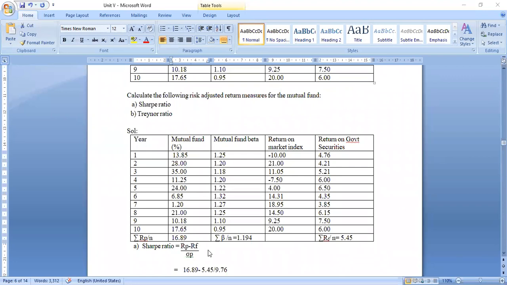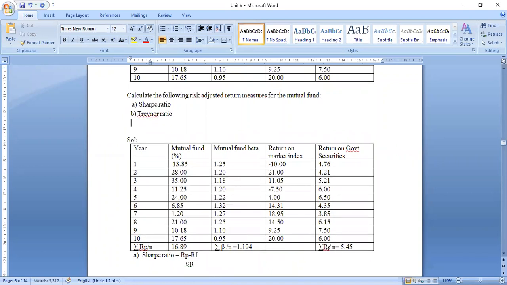Now, as far as this return on market index, if the question had been, if I had added here, compute or compare the mutual fund performance, okay? If I type the question here as compare,